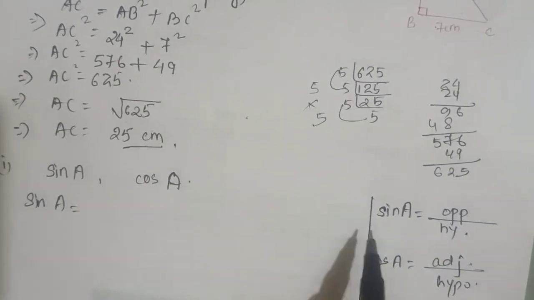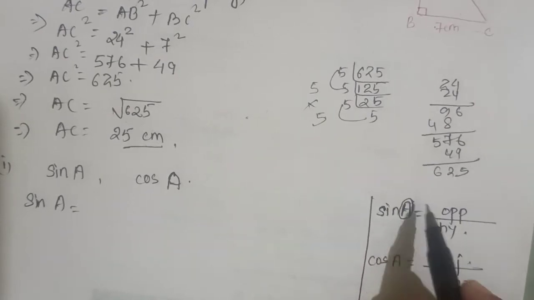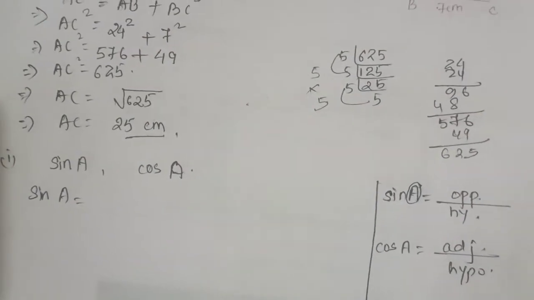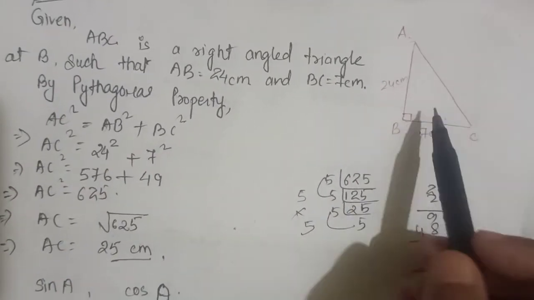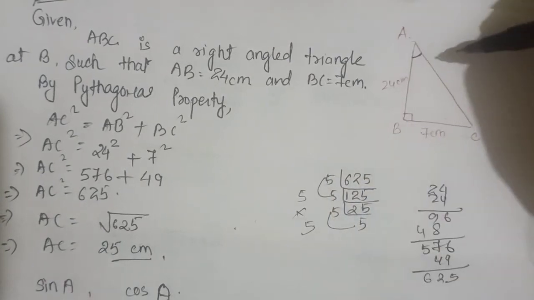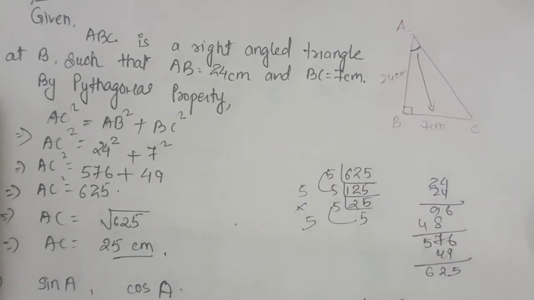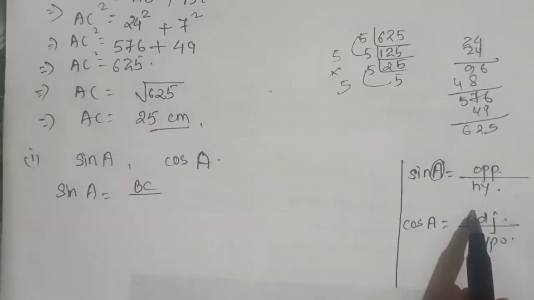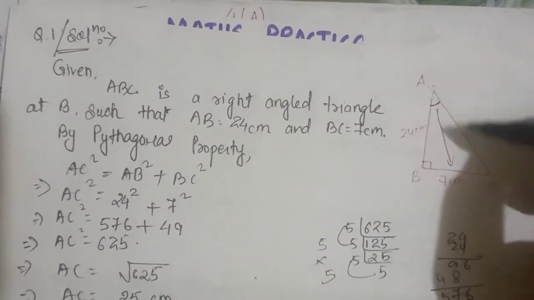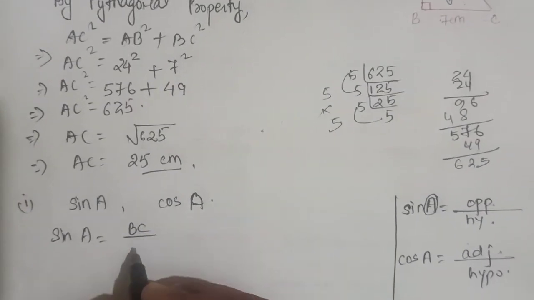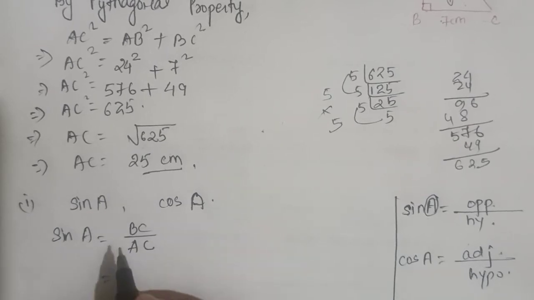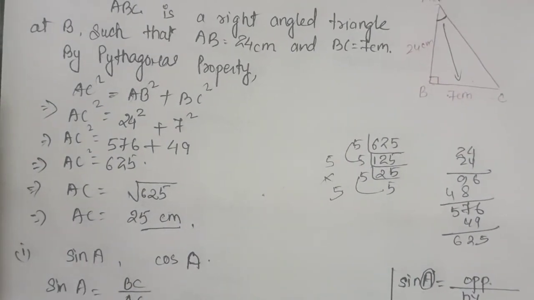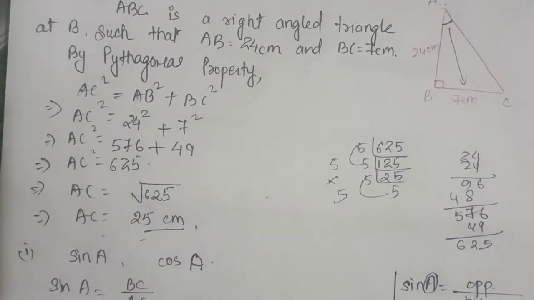Okay. So sin A, we have to see from angle A and find the opposite side. Let us go to the figure. If we see from this angle A, our opposite will be which side? It is BC. So we can write BC upon the hypotenuse, and the hypotenuse is our AC. Let us put the value of BC. BC we have here 7 cm, so it is 7. AC we got just now, 25. So this is the value of sin A.